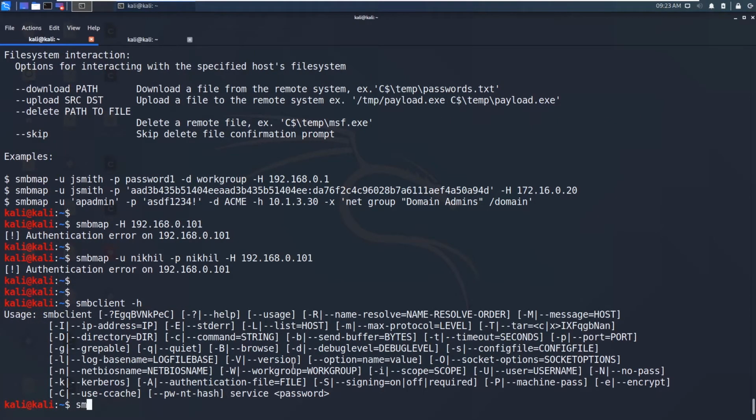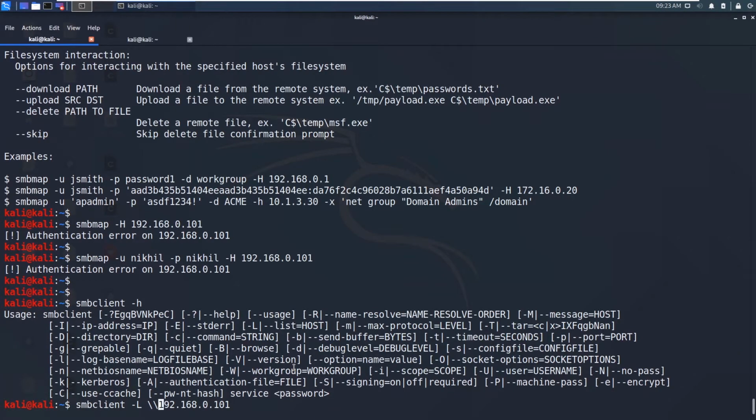All you need to do is smbclient -L, capital L, to list all the shares from the computer 192.168.0.101. If you access these file shares from Windows, you can connect to these file shares using the double backslash.